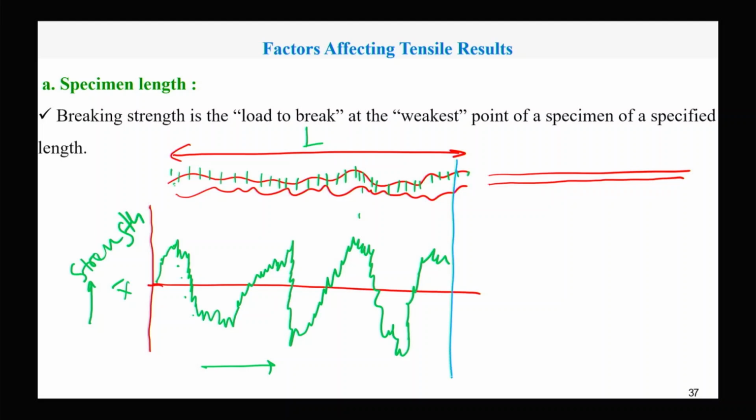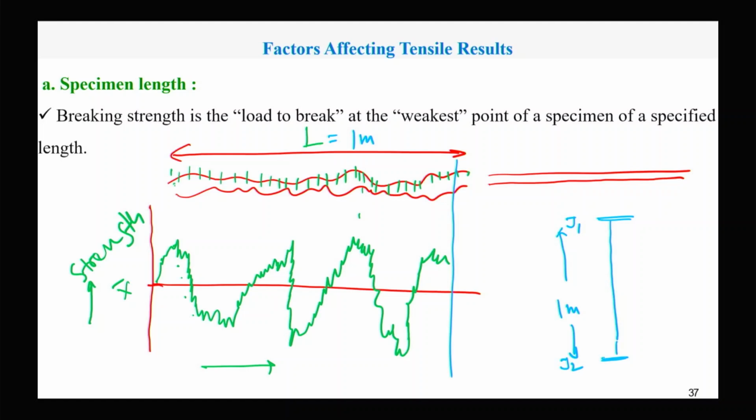Now what we are trying to see: if we test the yarn with a gauge length L, complete, longer, suppose L is equal to say 1 meter. So if we test the yarn in a tensile tester with this gauge length, jaw 1, jaw 2, if it is say 1 meter length, when we test,